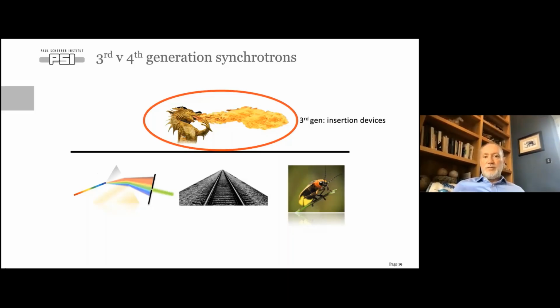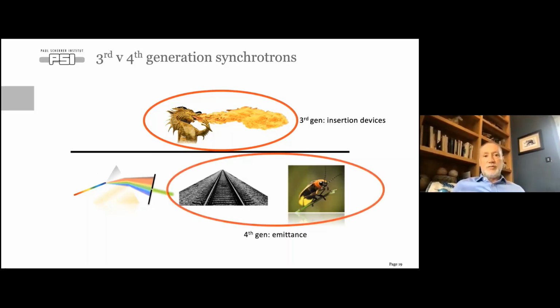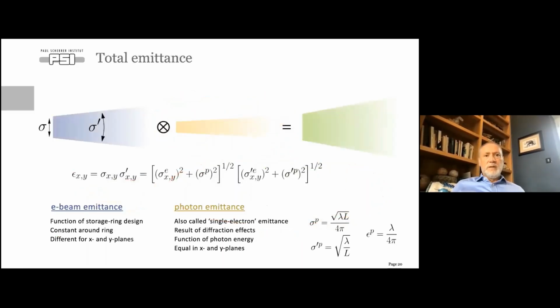Now, in these 4th generation facilities, what has produced this next 2 orders of magnitude improvement in brilliance has been a reduction in the source size and superior collimation of the emitted X-radiation. In order to fully understand this, we need to first, and I'll just be a little bit didactic here for the next 3 or 4 slides,